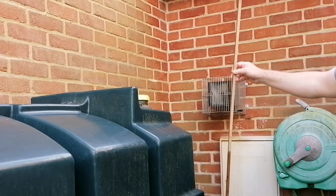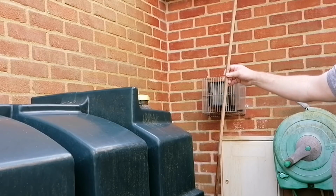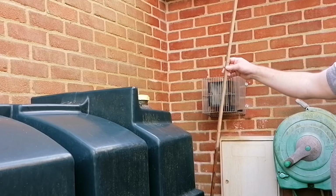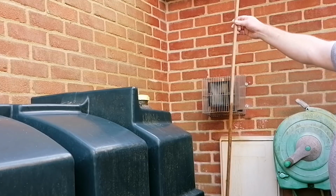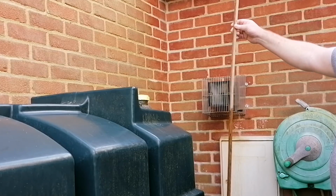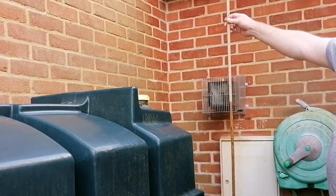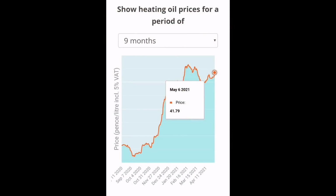That's a full year. And no, I haven't had the heating on for the last month, but I don't think I'd normally have the heating on in April or May. It's only when it's really, really cold. So yeah, I think that's a good estimate of how many litres of oil we'll use on average per year. 675. So the next thing to do is have a look at the price of oil to see how much